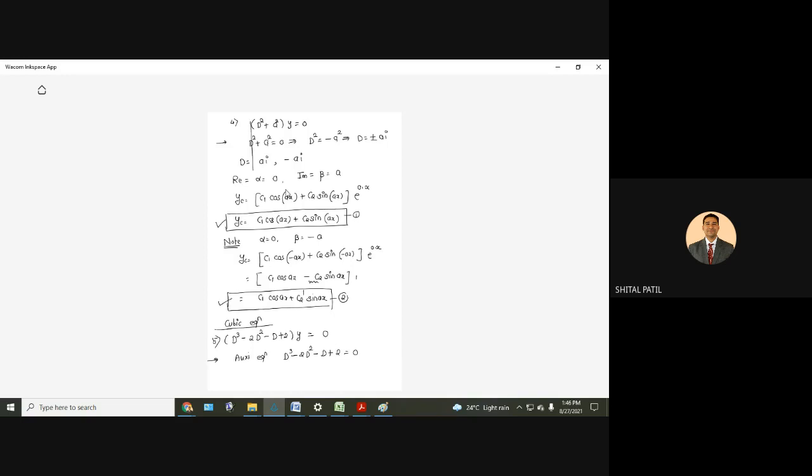By synthetic division it is like this, but again it is not suggested to solve it by the synthetic division method. Usually we don't get that much time. So you understand what the synthetic division method is.